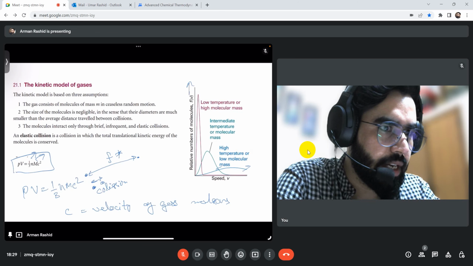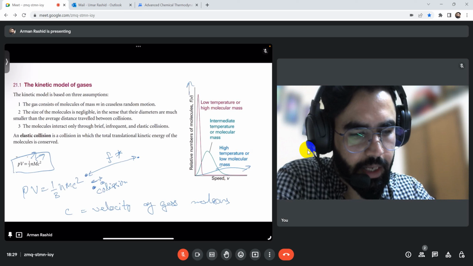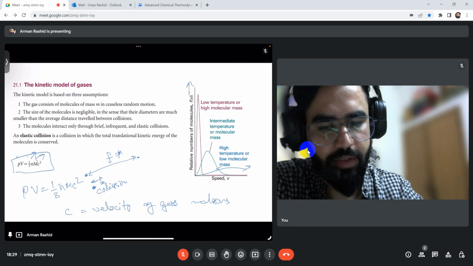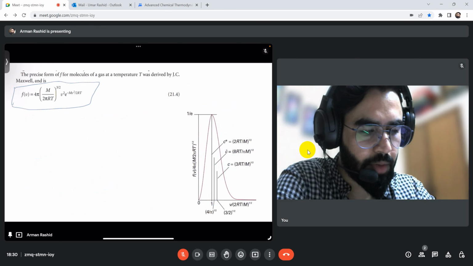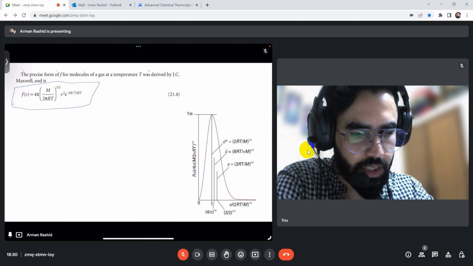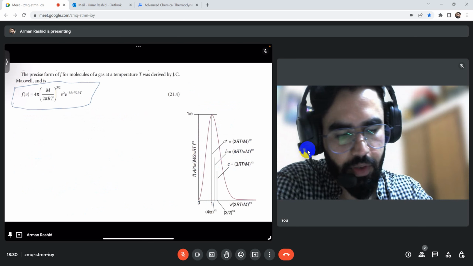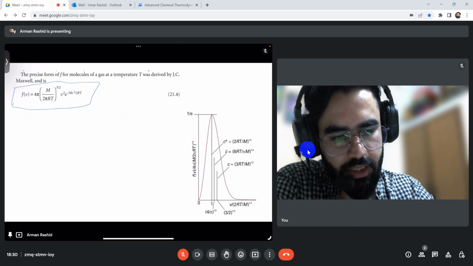Now from the kinetic theory of the gases, we have three types of velocities. If we see the Maxwell's equation, it tells us the frequency, the number of molecules which have velocity between v and v + dv. Okay, so in this equation, if we plot this function as a function of the velocity, and look at this hump, there are three types of velocity. One is the most probable velocity, the average velocity, and